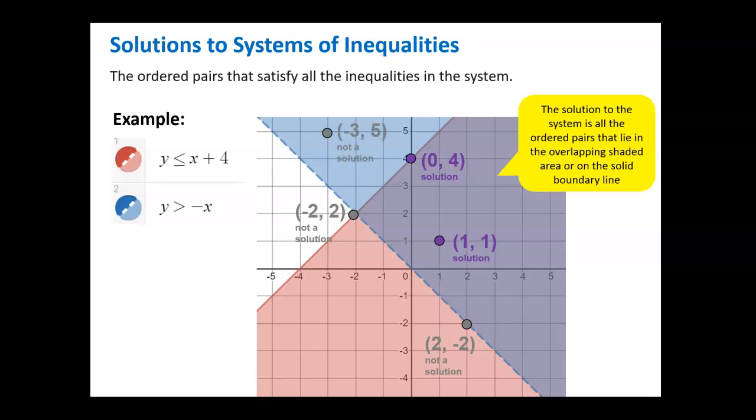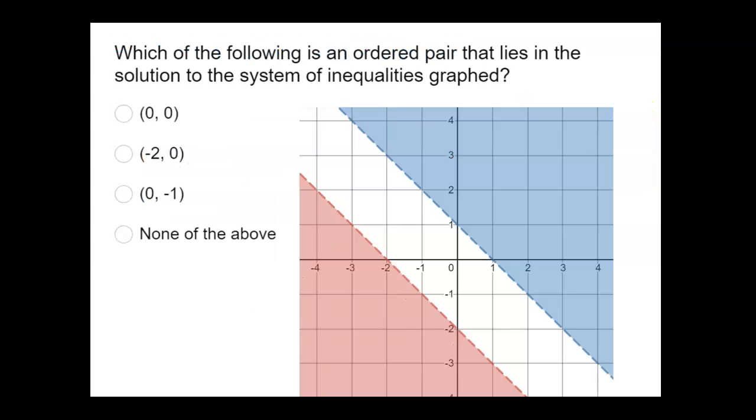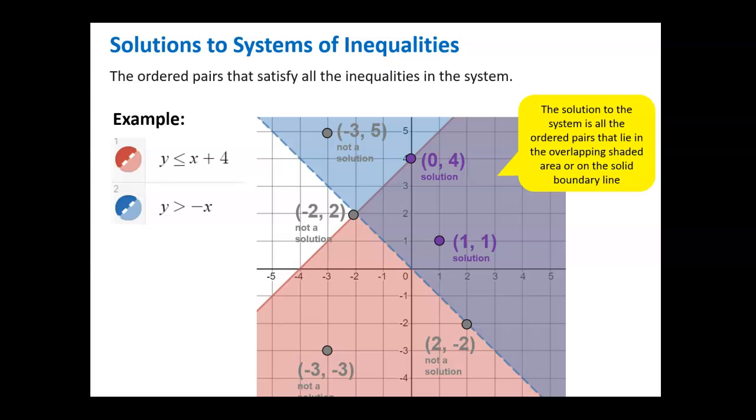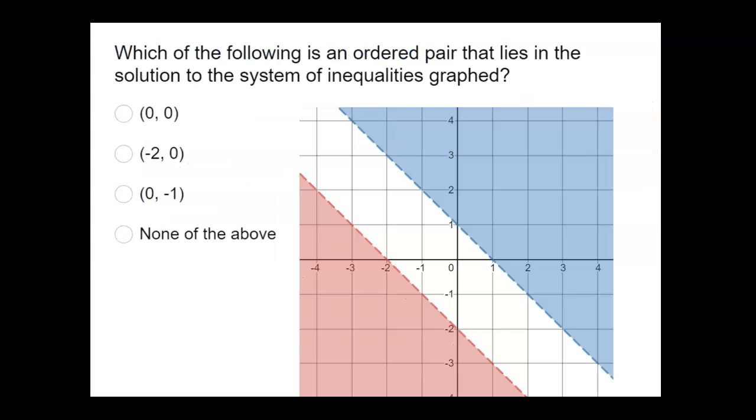What about negative 3, 5? Well, that's in one shade, but not both, so that's not a solution. What about negative 3, negative 3? That's in one shade, but not both, so it's not a solution. Okay, do you see how that works? So the ones that are purple, 0, 4, 1, 1, anything in the double, that's a solution. Now, this,